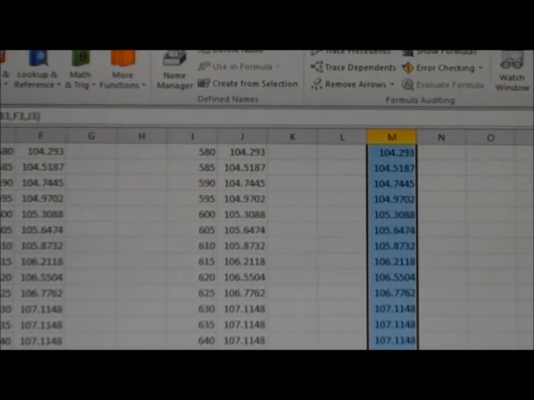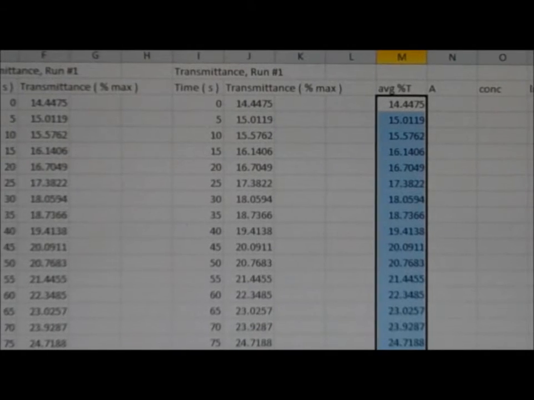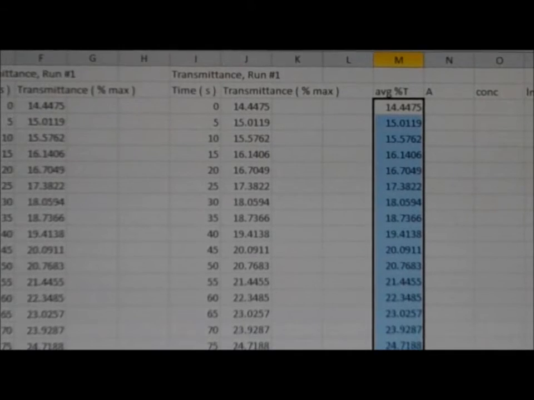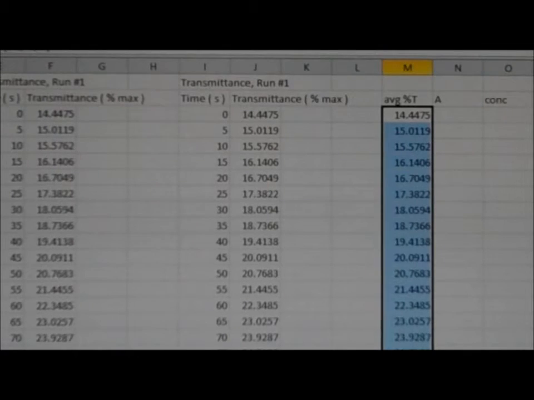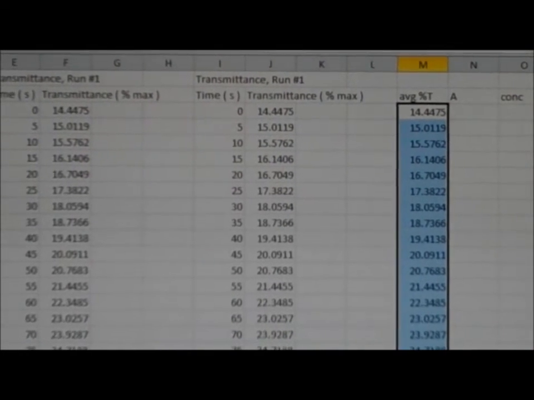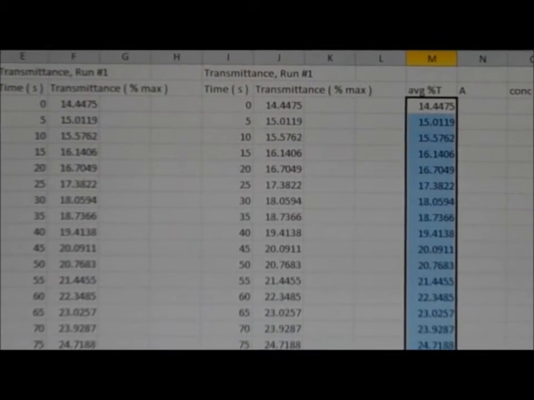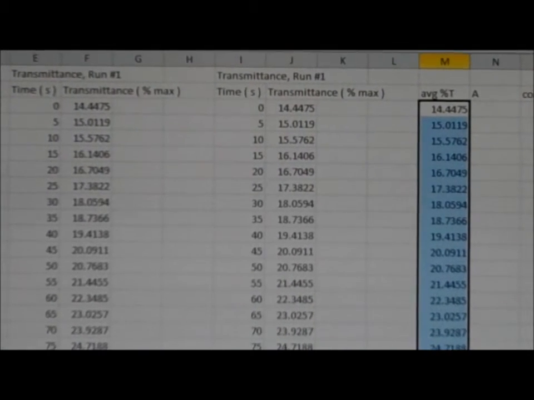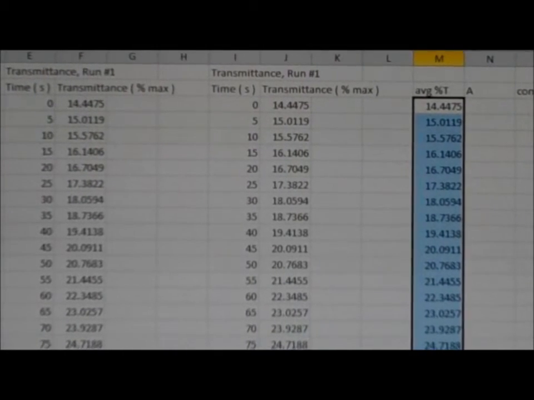Now we are ready to calculate our A value. To find A, the equation is the log of parentheses 100 divided by your %T, close parentheses. First, find an empty column and label it A, as I have done here. To find A, you will type the following formula: equals log parentheses 100 divided by your average %T, parentheses. You will use the column letter and the number that contains your first average %T value in this equation, then